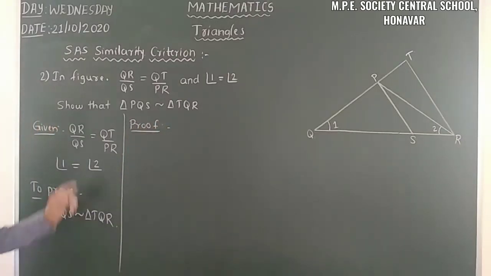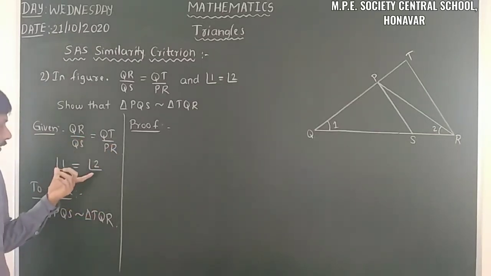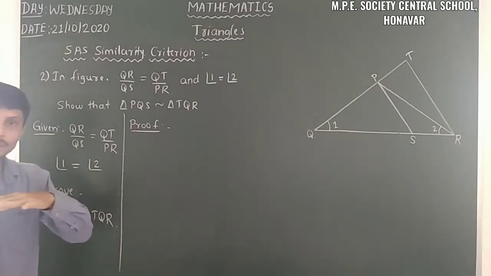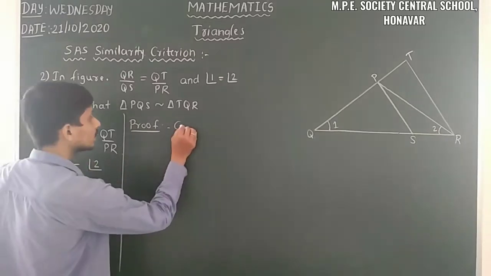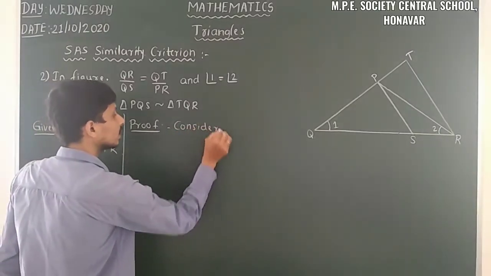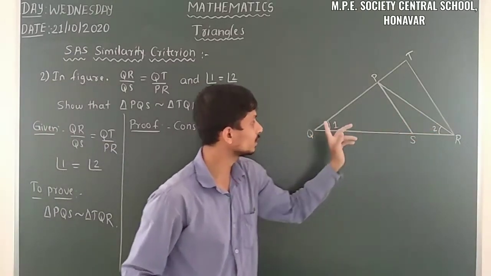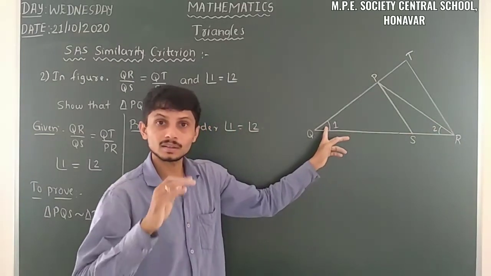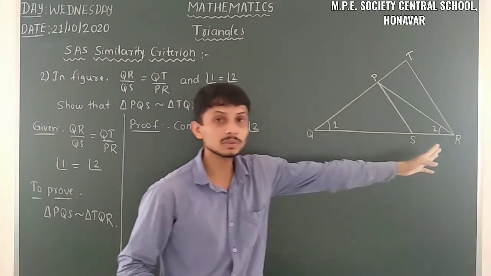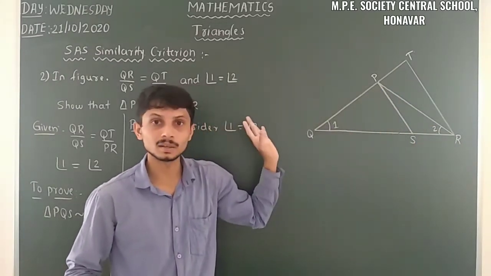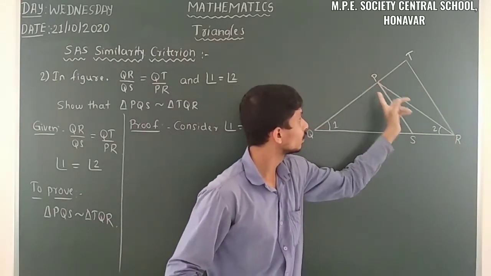Yes. So here we have the condition, those two conditions are there. So let us consider angle 1 is equal to angle 2. That means the sides opposite to the equal angles are equal. So when we have angle 1 is equal to angle 2, the side opposite to angle 1 we can take PR, or PS also we can take. But here for angle 1, it is PR.